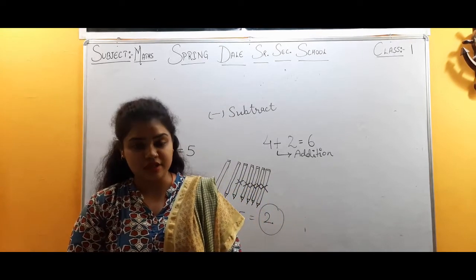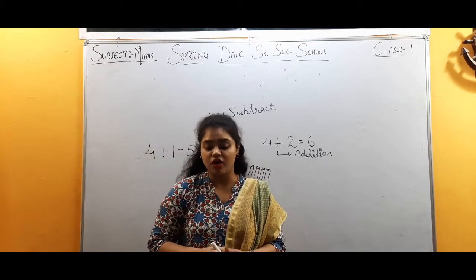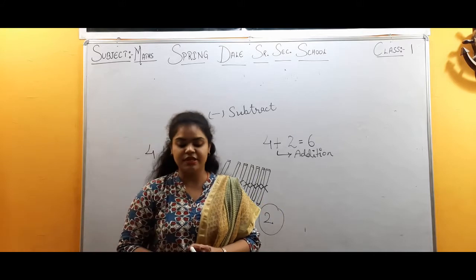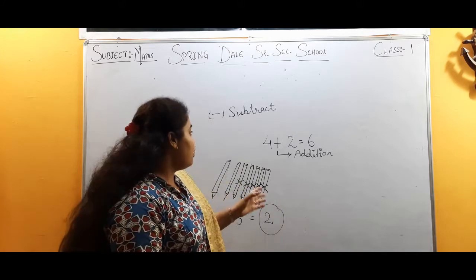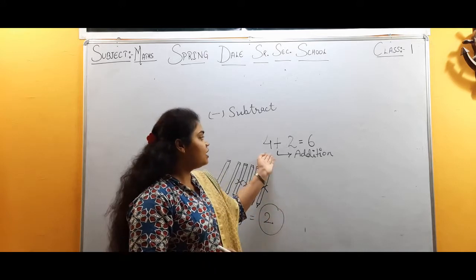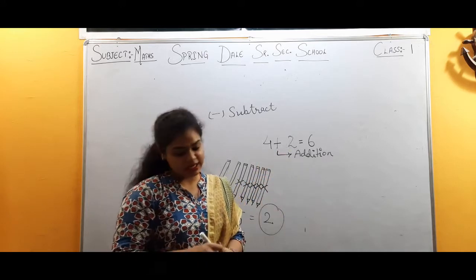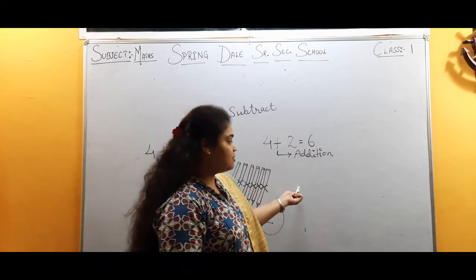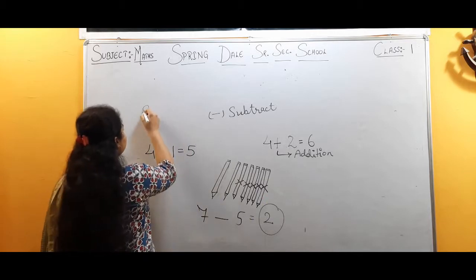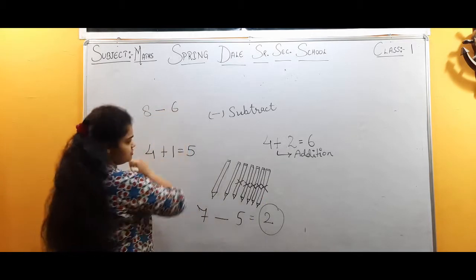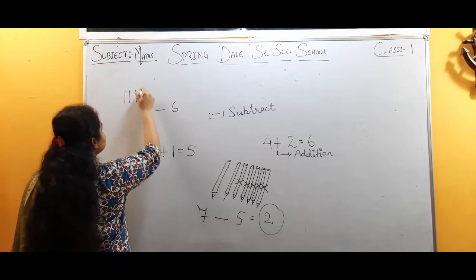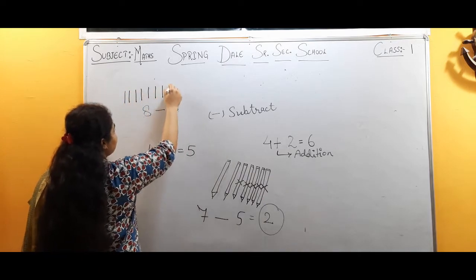Coming to the next question, we have: separate the following by drawing and crossing out the lines. One has been done for you. I already told you previously that if we are given the numbers, how will we add? By lining them. Now in subtraction, what do we have to do? The number is given to us. For example, 8 minus 6. What will we do? We will make 8 lines. 1, 2, 3, 4, 5, 6, 7 and 8.